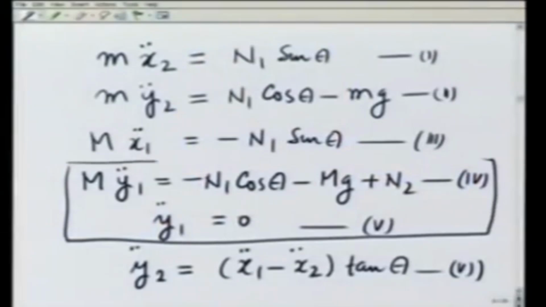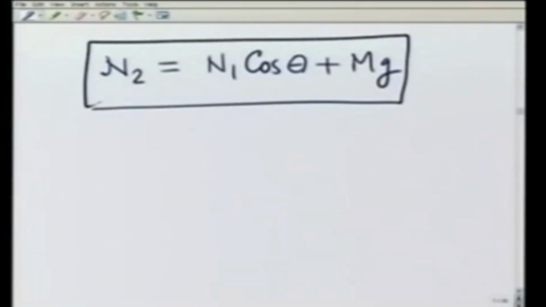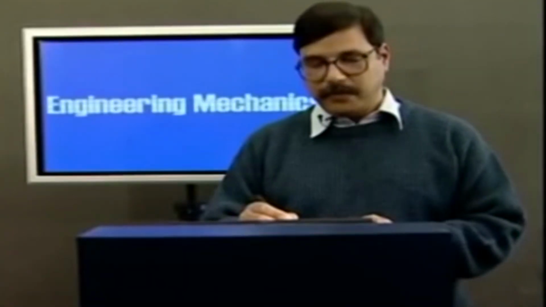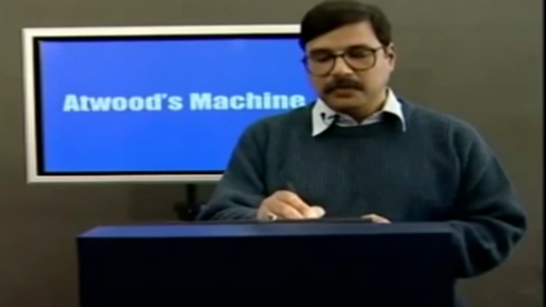These two equations together really give you nothing new but that N2 is equal to N1 cosine of theta plus Mg, which tells you that N2 balances all the vertical forces acting on the wedge. The other equations, when substituted for, would give you a result for N1. I'll leave the solution and substitution for you, and give you the final answer, which gives you